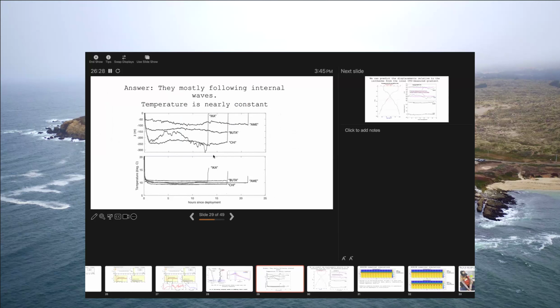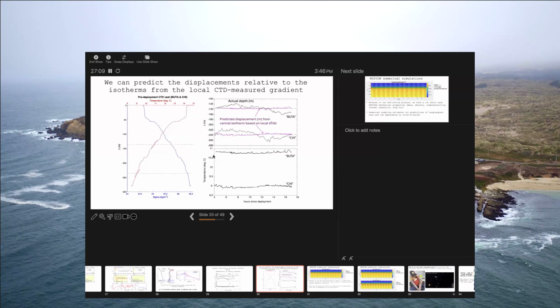We've now had the opportunity to analyze a whole bunch of other Minions and look at their temperature. If it was just bobbing up and down past an isotherm, for example, then you would see a correlation between temperature and pressure at these high frequencies. And we really, really don't. We see interesting stuff in the temperature, but it's much more chaotic and I think may reflect density-compensated filaments and other measures potentially of turbulence.